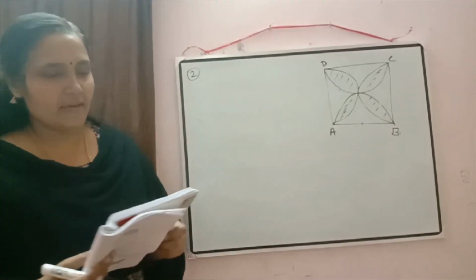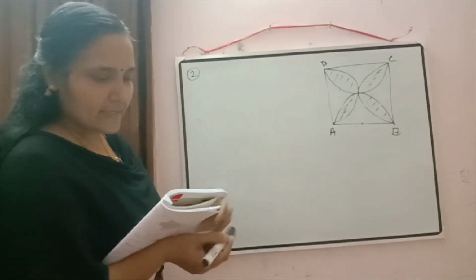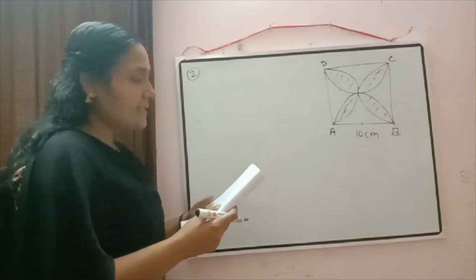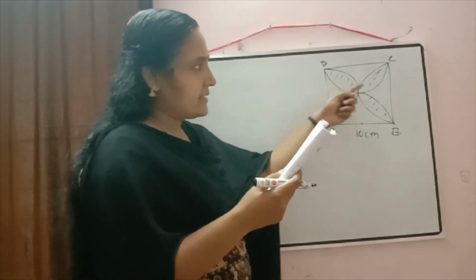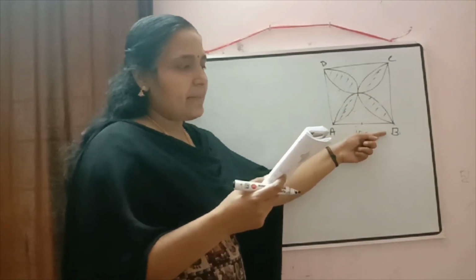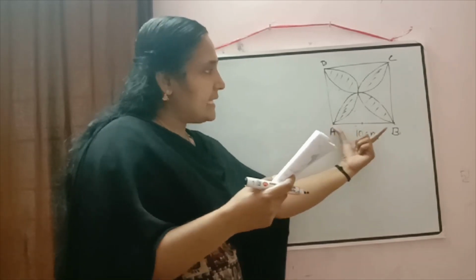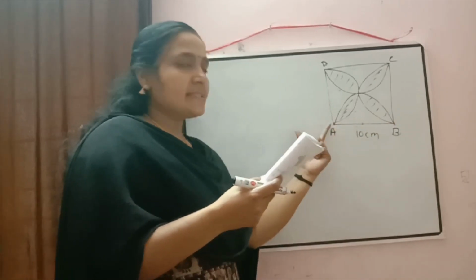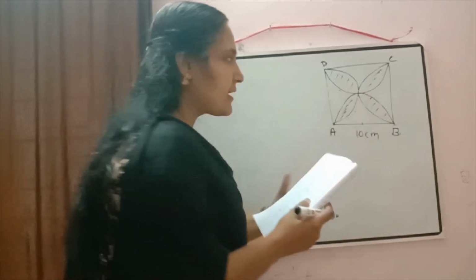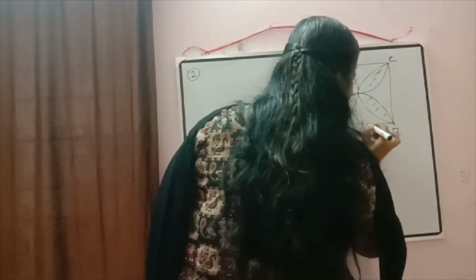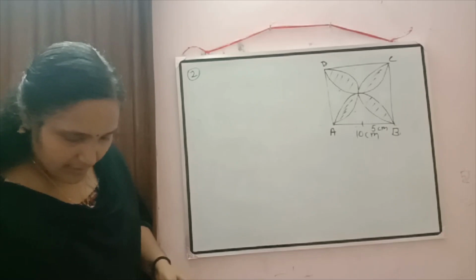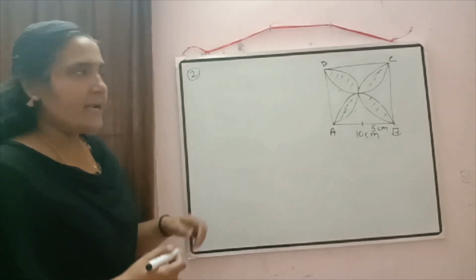To check the information given here, ABCD is a square of side 10 centimeter. So side is given 10 centimeter and semicircles are drawn. Here you can check some semicircles are there. Semicircles are drawn with each side of the square as diameter. So AB is the diameter for the semicircle. Then what will be the radius there? Yes, the radius will be equal to 5 centimeter. Question is find the area of unshaded region there.